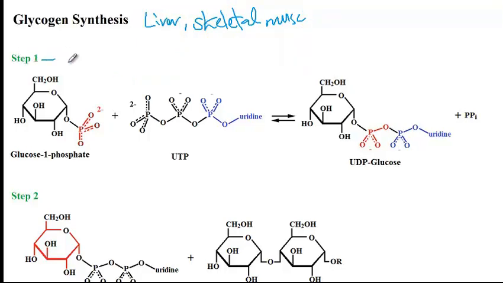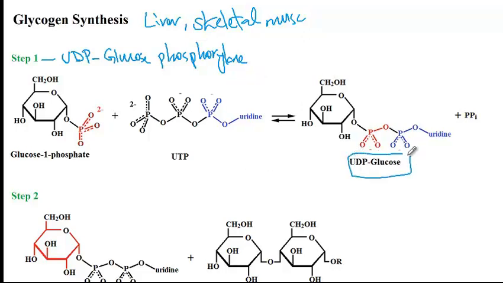So step 1 is carried out by the enzyme uridine diphosphate glucose phosphorylase, which catalyzes formation of UDP glucose. So you can see here that glucose 1-phosphate is combined with uridine triphosphate to yield uridine diphosphate glucose plus the phosphate groups there. So now that we have the uridine diphosphate glucose, the glycogen